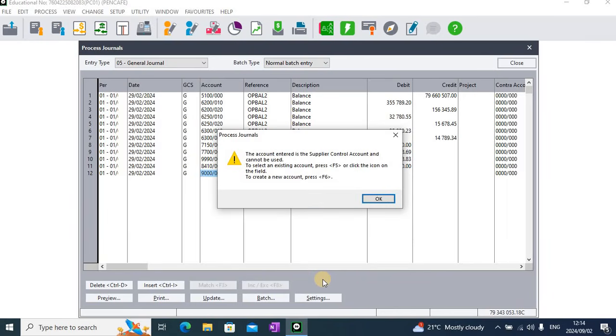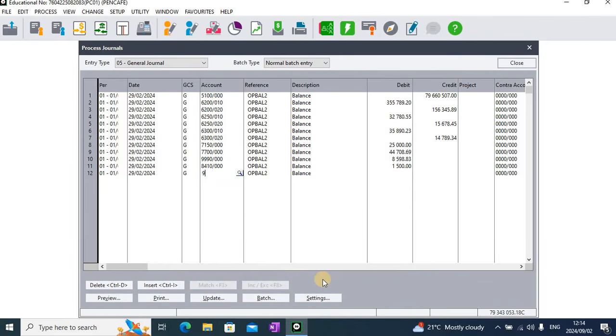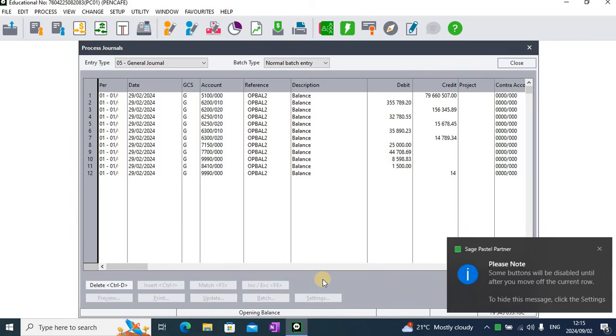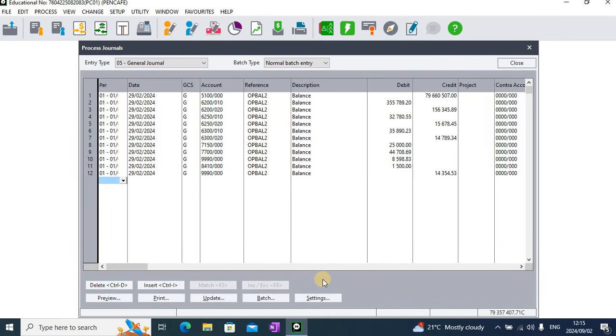Again, it tells us the supplier control account cannot be used. If you get that message, use 9990, the opening balance account. And remember, a supplier is a creditor, so it will have a credit amount in the credit column, 14,354.53. Press enter to complete the line, and then you will notice that you have a total here at the bottom of your screen, a credit total